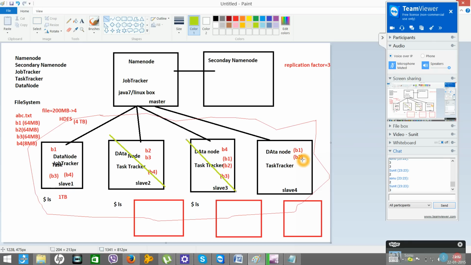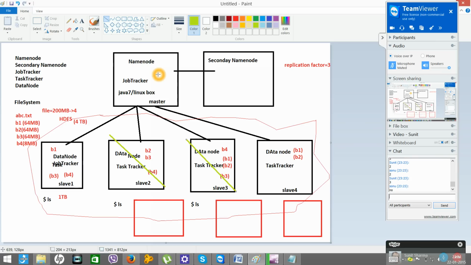So are we meeting that criteria? No. That means when your total copy is not meeting your replication factor, Hadoop will start finding another suitable node.